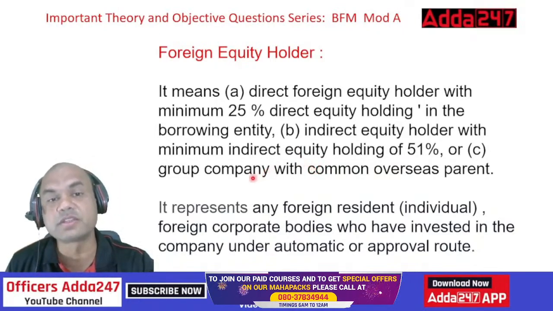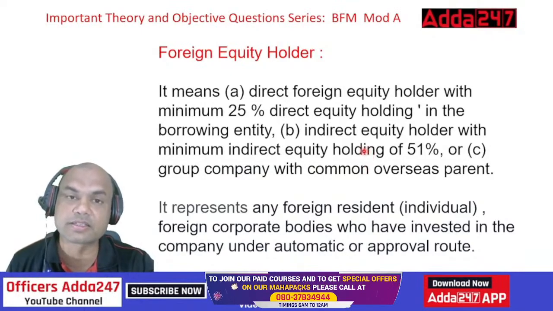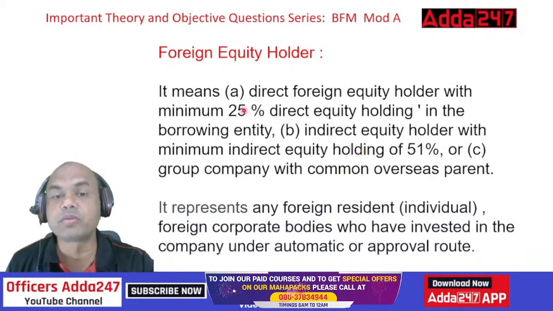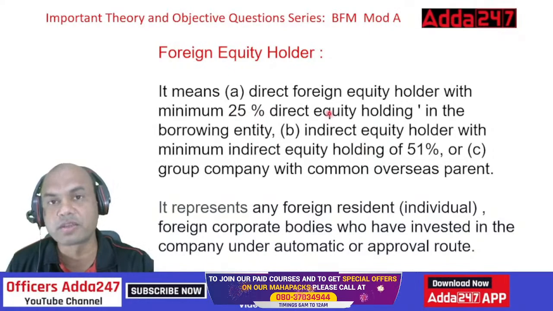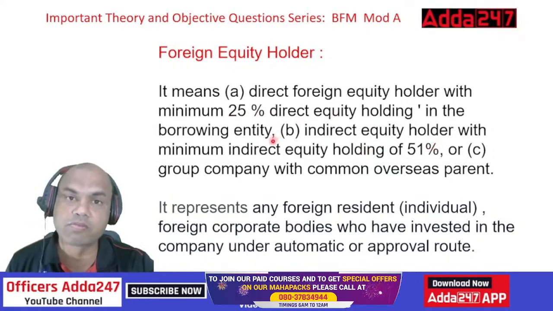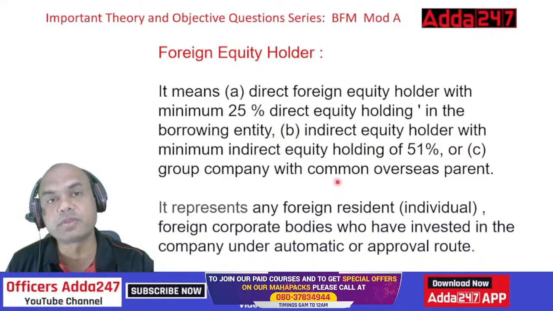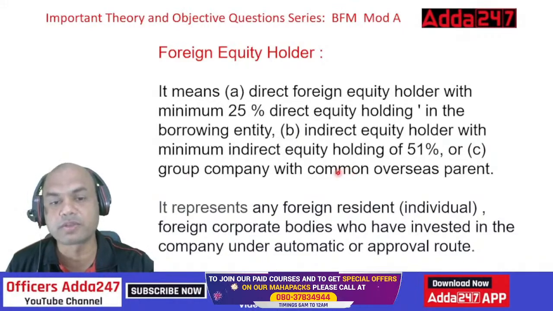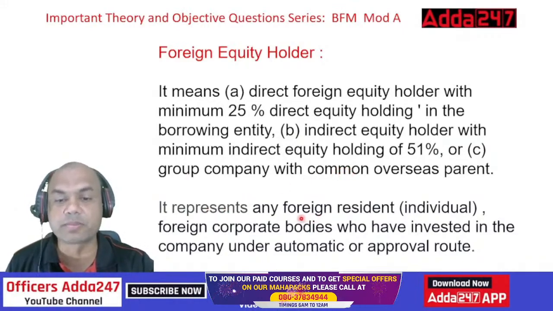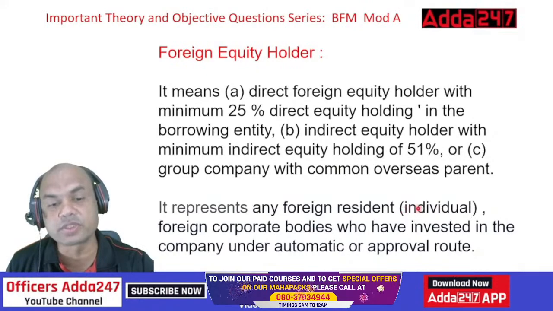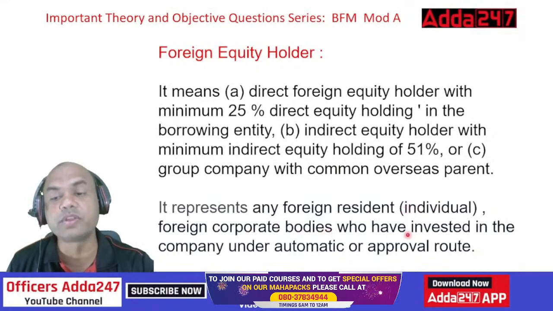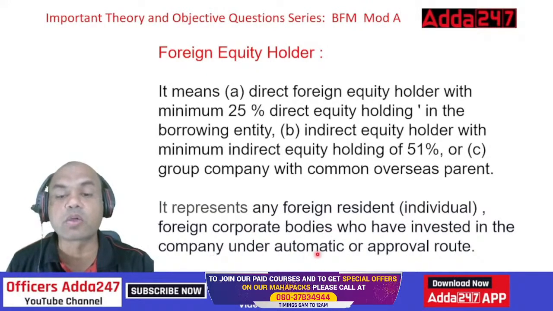So that is known as a foreign equity holder, group company. Now you got these 3 categories: minimum 25% for direct equity, 51% for indirect, and last one is group company with a common parent. It represents any foreign resident individual, foreign corporate bodies who have invested in the company under automatic or